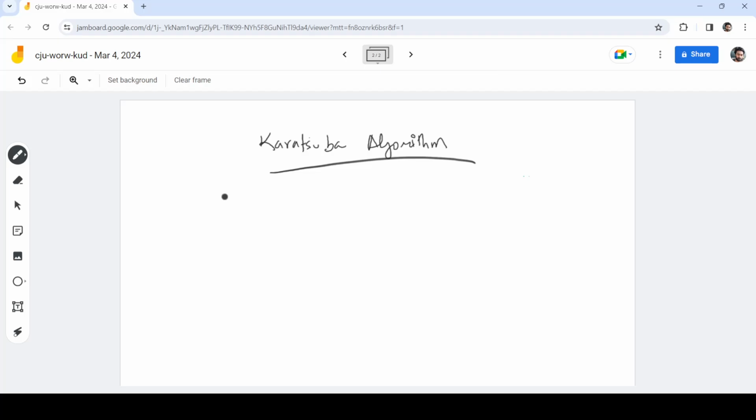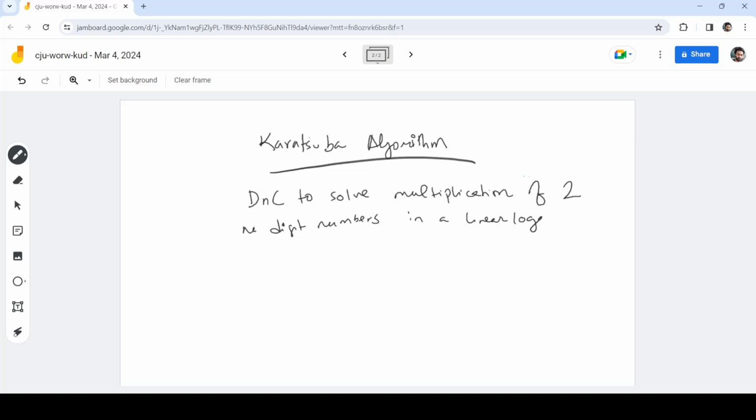প্রথমে জেনে নেই Karasuba algorithm কি জিনিস। Karasuba algorithm হচ্ছে একটা divide and conquer technique to solve multiplication of two n-digit numbers in a linear logarithmic way or in a linear logarithmic time complexity. তো আমরা দেখে নেই আমরা যে কনভেনশনাল টেকনিকটা ব্যবহার করি মাল্টিপ্লিকেশনে সেটা টাইম কমপ্লেক্সিটি কি।